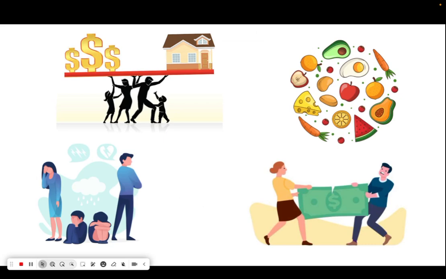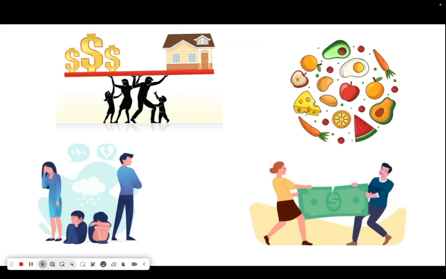So we wanted to start off our presentation by just giving a hypothetical scenario. Imagine there's a family who lives in a small, cramped apartment in a struggling neighborhood. The parents work multiple jobs, yet they barely make enough to cover the basic necessities. Their children go to school hungry, often missing meals because there isn't enough food at home. The family lacks access to adequate health care, forcing them to choose between visiting a doctor or paying for utilities. As a result, their health deteriorates, and the stress of financial instability weighs heavily on their well-being.